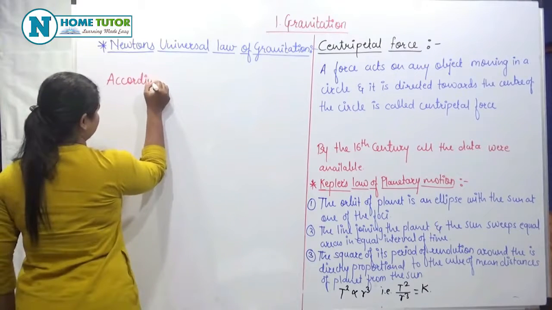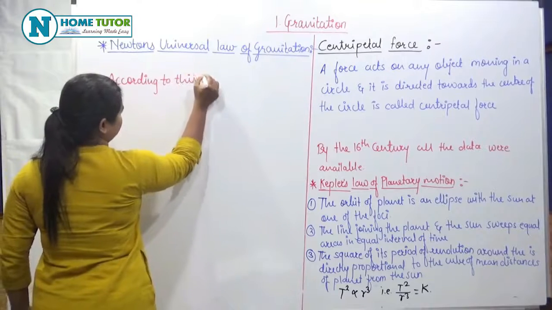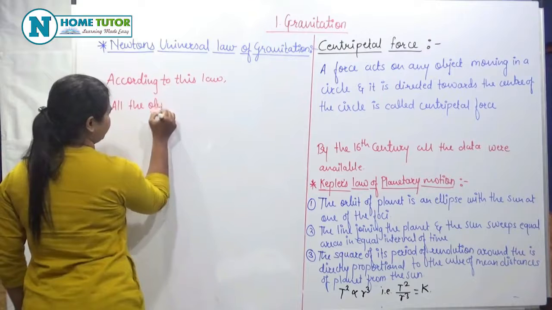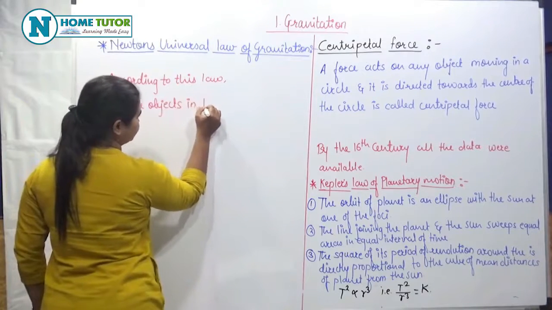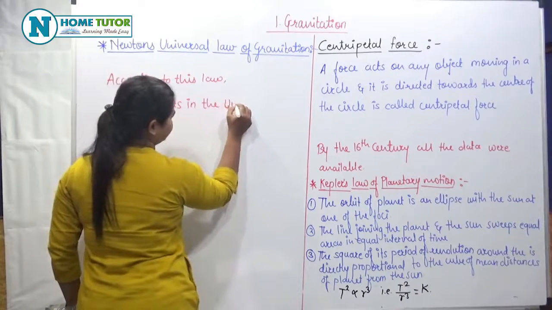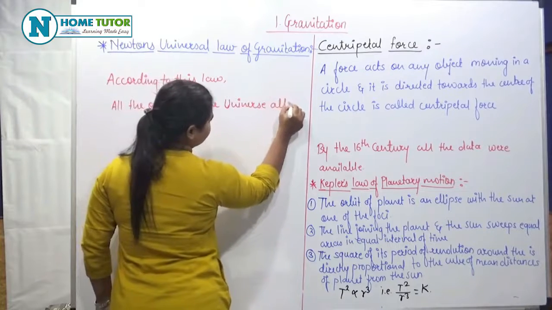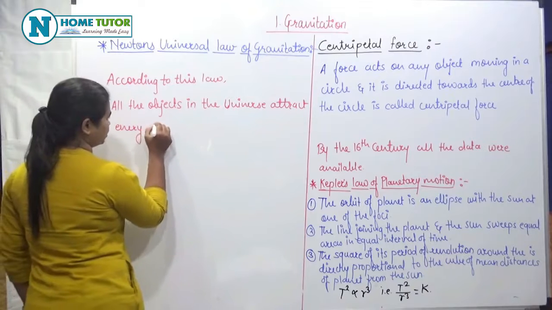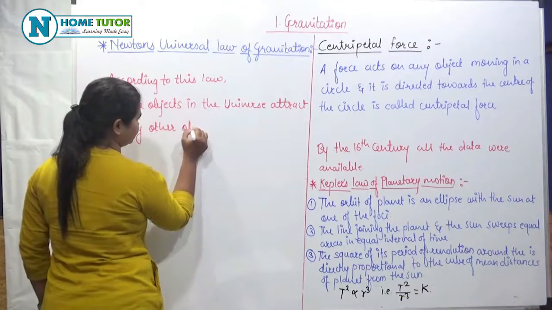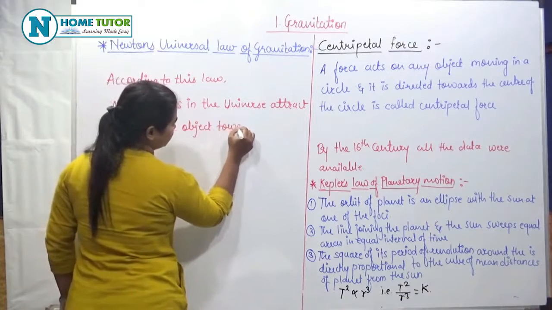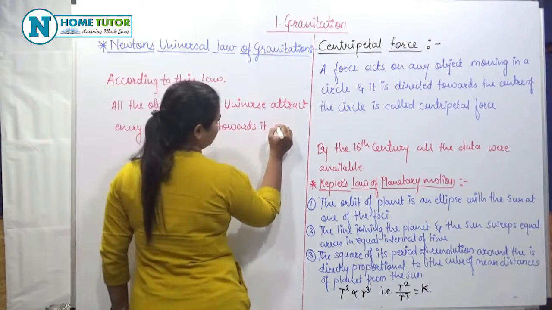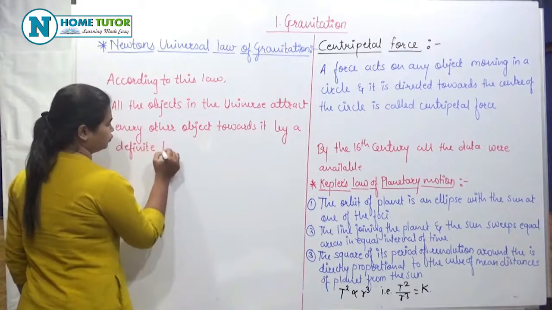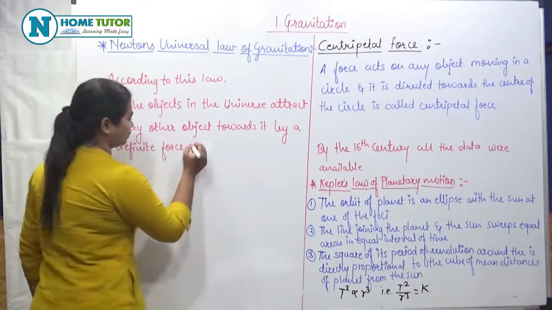According to this law, all the objects in the universe attract every other object towards it by a definite force. And this force is directly proportional